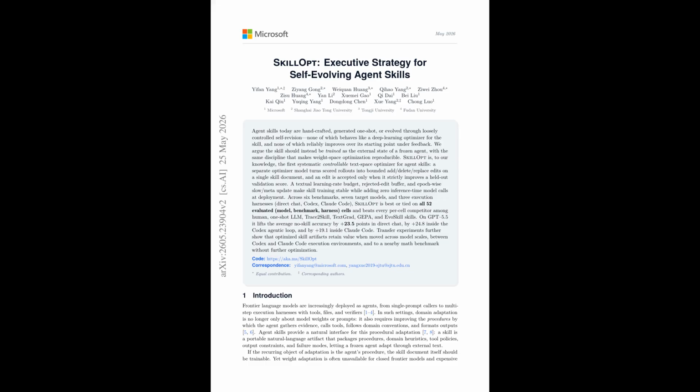Now, how could these ideas apply to large-scale recommendation systems serving hundreds of millions of users? The most direct lift is in the policies that govern LLM-based components like conversational recommenders, query rewriters, and explanation generators. Today, those policies are usually hand-tuned prompts that get updated through manual A/B testing. SkillOpt's approach suggests treating each policy document as a trainable artifact, with offline trajectory logs serving as the rollout batches. Business metrics like engagement or conversion playing the role of the reward signal, and a held-out user cohort acting as